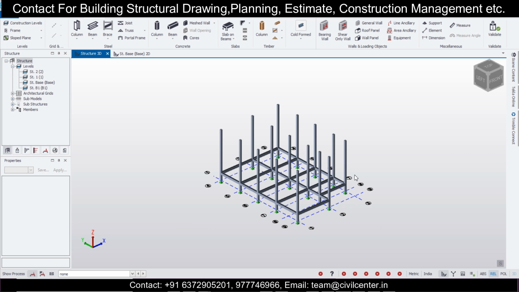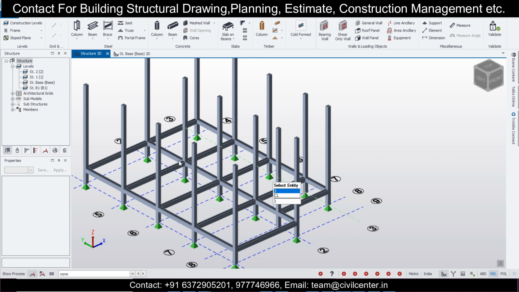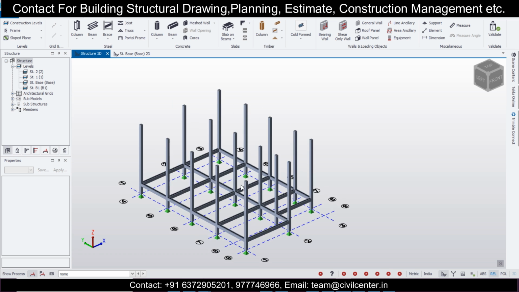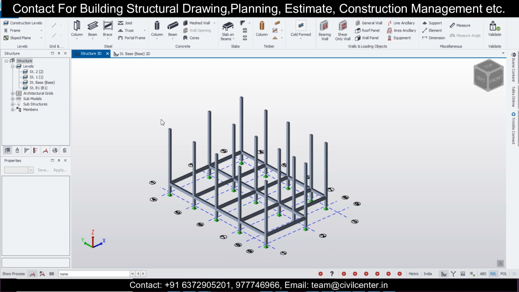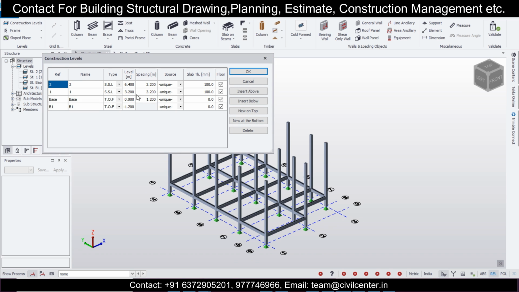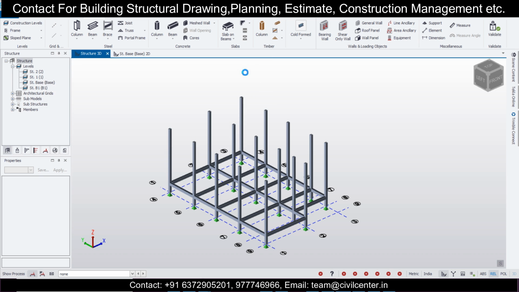This is my basic structure, where this portion is the staircase, and these are the other rooms, and not exactly the things, but we have provided the main beams. Secondary beams we can provide later, and this is the structure for it. Now we'll go here to construction levels, and just select this. In the one, we'll select this as base, meaning we want to copy this to the next level.